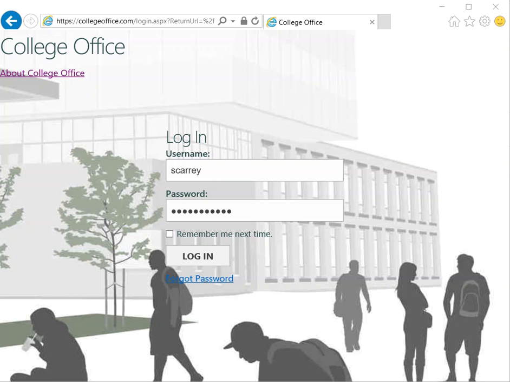Welcome to College Office, and this is a short tutorial for students on how to use the student access module of College Office. So as a student, go to collegeoffice.org or collegeoffice.com and then enter your username and your password